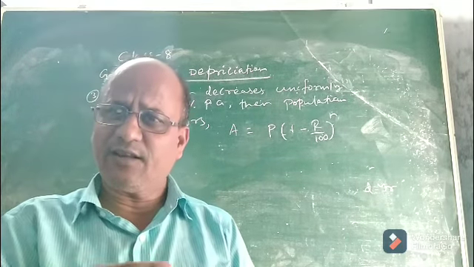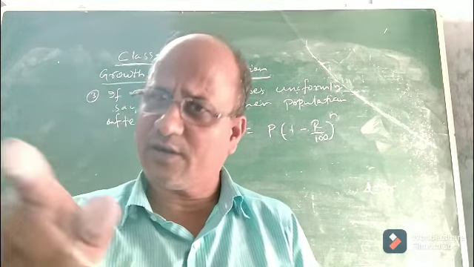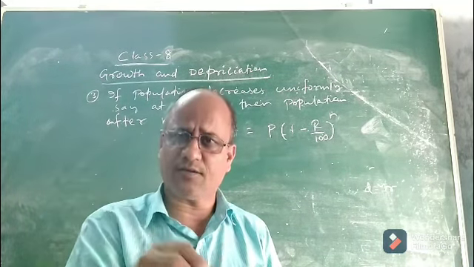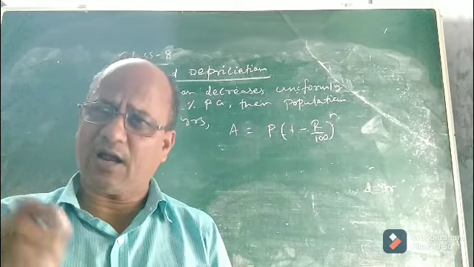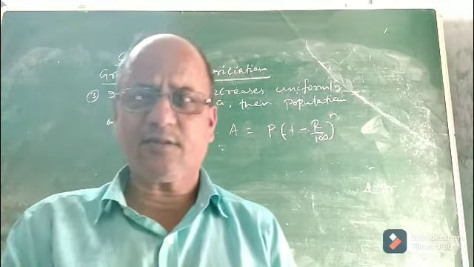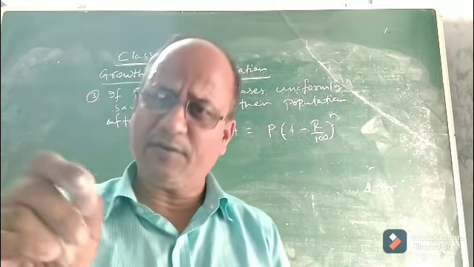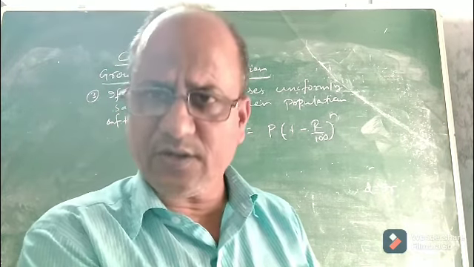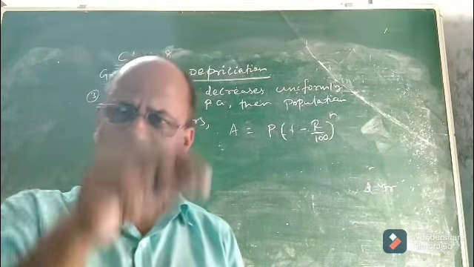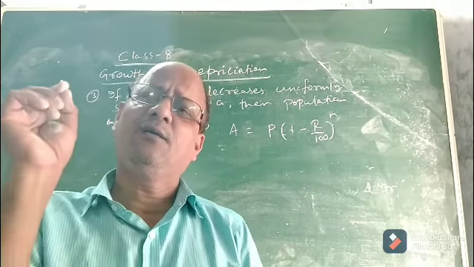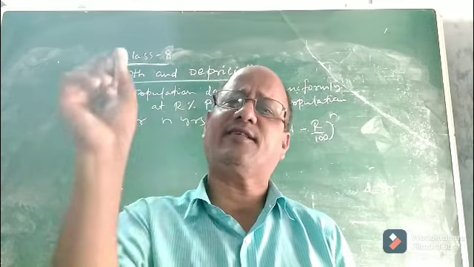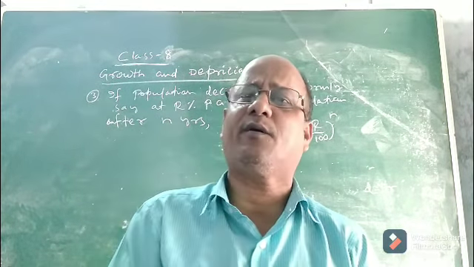The relative decrease in the value of an article or object is called depreciation. And what is the rate of depreciation? Rate of depreciation means depreciation per unit time. It is usually expressed as a percentage. Now suppose the value of an article depreciates at a particular rate, say r% per annum.